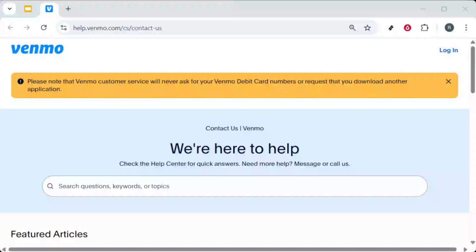In today's video, I'm going to teach you how to cancel a Venmo bank transfer. Step-by-step guide. If you've sent a bank transfer and need to stop it, timing is everything. Many transfers move quickly, so the best path is to contact Venmo through their official support channels right away. I'll walk you through exactly where to go and how to reach the right team using either your web browser